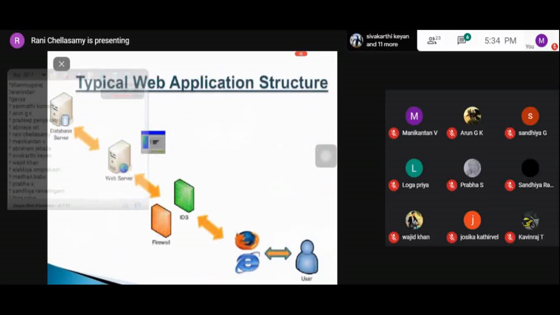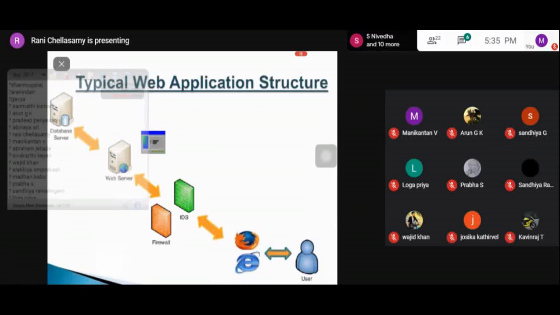It starts with the user requesting some content from the internet. The request is passed on to the web server in order to get the required reply for the user. It passes the firewall and the IDS, that is the intrusion detection system, and then moves on to the web server.